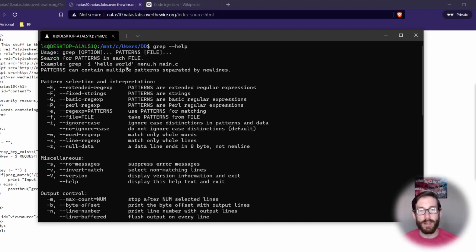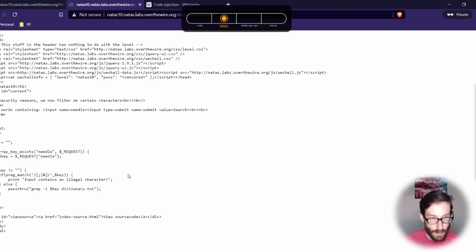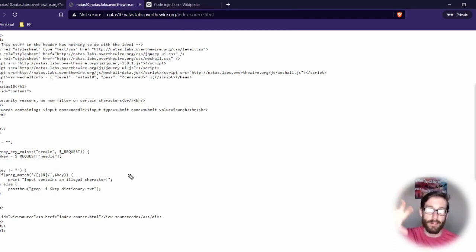And what jumped out to me there is basically the fact that grep is not just looking for a single file, but it can look for multiple files. It can grep multiple files for certain locations, out certain items. And the important thing here is when looking at grep, you can see that it's taking in a key and it's looking at a dictionary. And if it's looking at multiple files, so if there are multiple patterns, plural, the S at the end of pattern, that means that maybe what I can do is actually look at two files, one in one location and one in the other location.